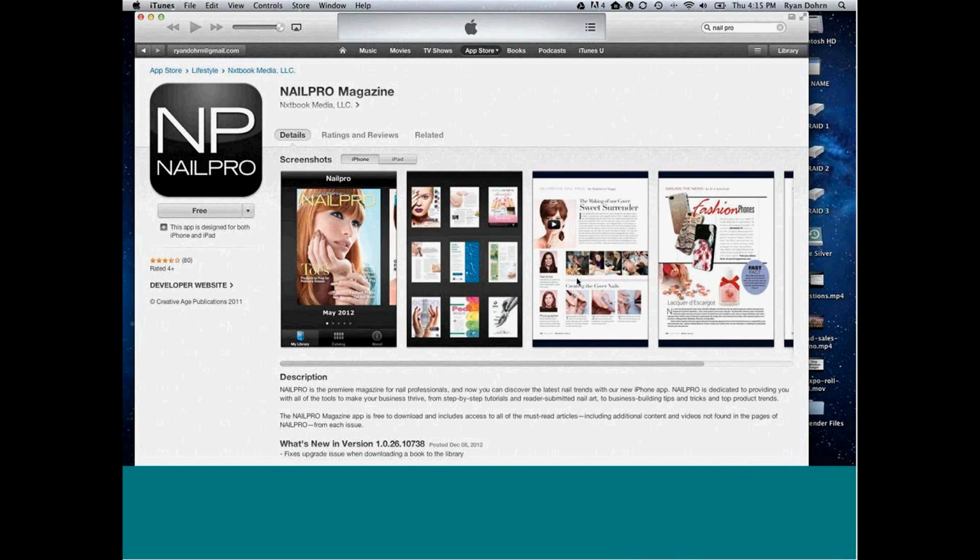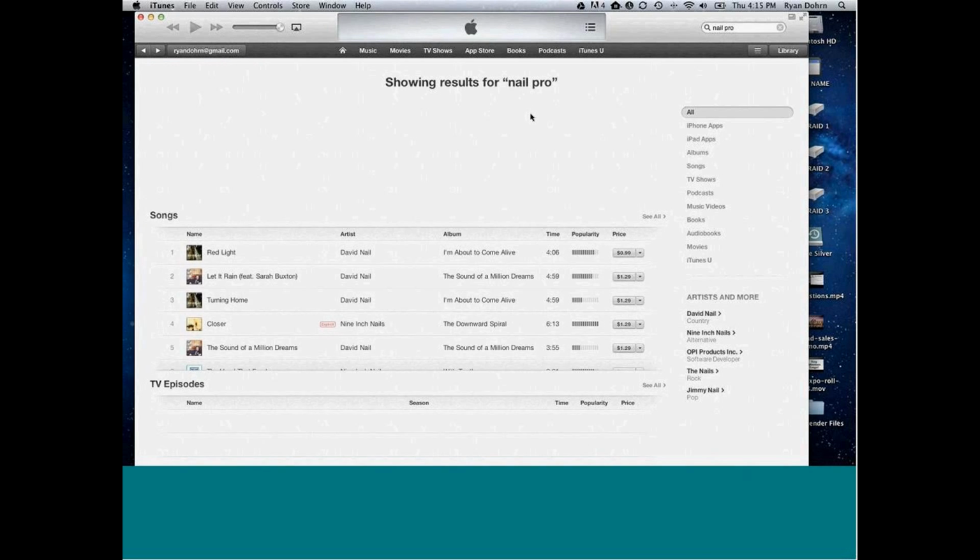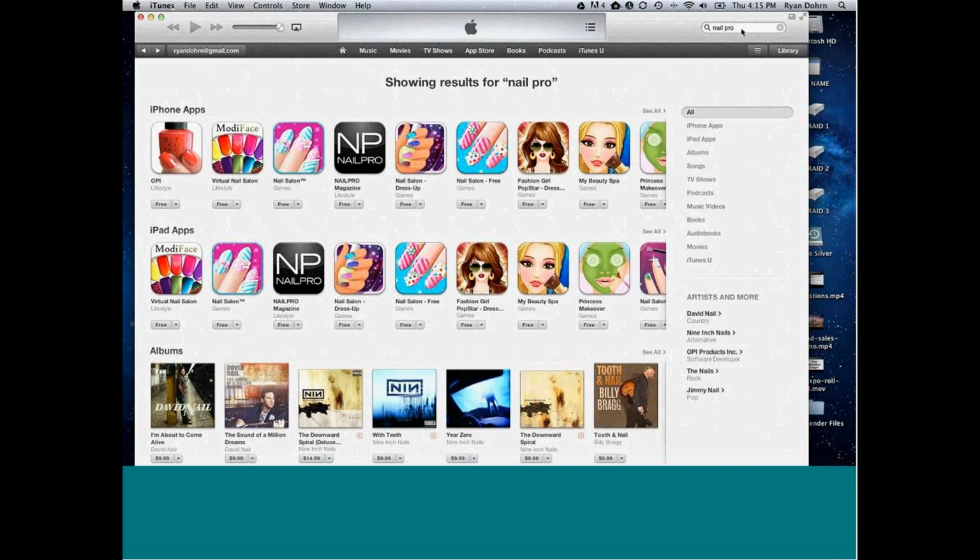We saw perhaps, and we didn't talk about this, so I want to be real clear, I'm just using this as an example, one of the weaknesses that potentially they saw is that nail technicians would potentially read more if the magazine was available on their phone. And so they created an app for that. Now, I can share with you, without giving you any numbers, this has been a tremendous success. Their readers have really embraced this, and they have literally thousands of people reading Nail Pro on their iPhones, Androids, iPads, etc. So what you're going to do, as you're identifying weaknesses and strengths, is you may want to go